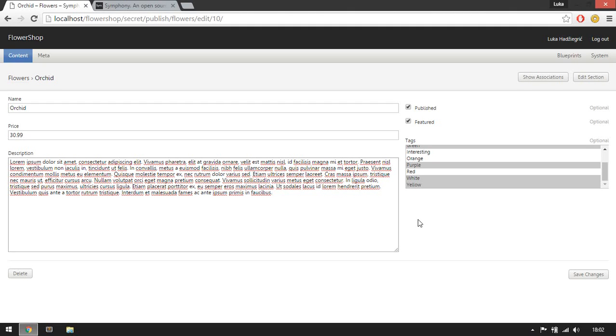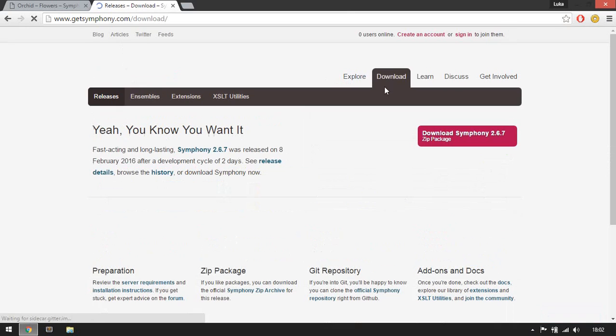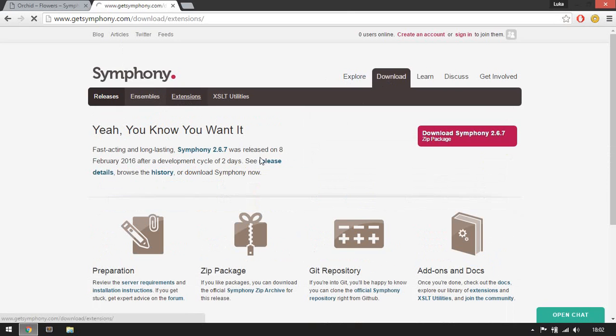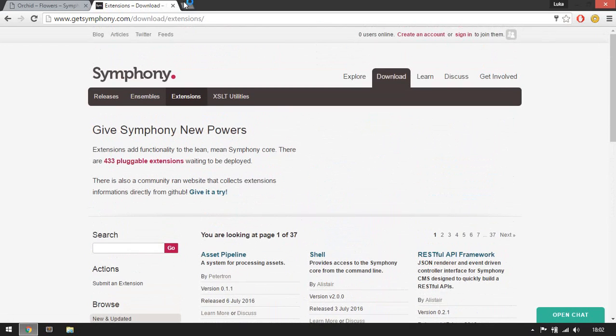Okay, so now that we have partially defined the structure of our content, it's time to go and hunt for some extensions. Now let me first show you where not to go for your extensions. So this is the official Symfony website, and we have the download section and then extensions. And you can find extensions here, but you generally want to go to